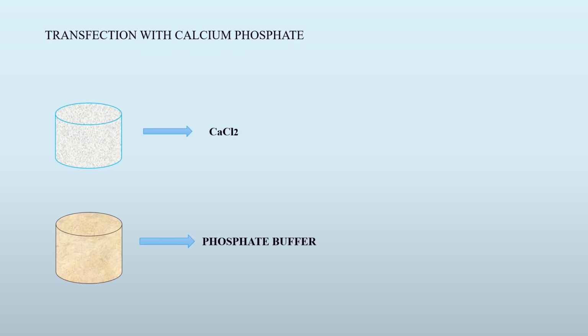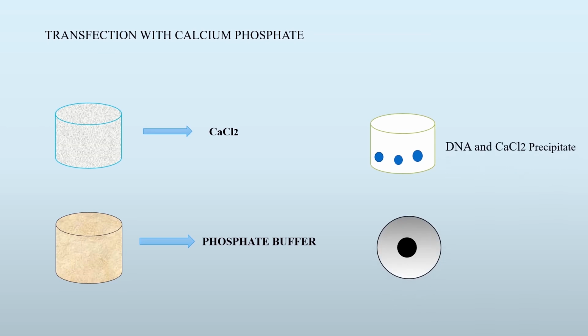Transfection with calcium phosphate. Calcium phosphate facilitates the binding of DNA to the cell surface. The cultured cells are washed in a phosphate buffer. Then DNA is added and calcium chloride is added to the mixture. It forms a fine precipitate that settles on the surface of the cells. The DNA with fine precipitate enters the cells efficiently. Clumped DNA will not adhere to the cell.